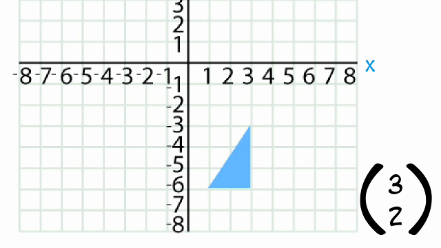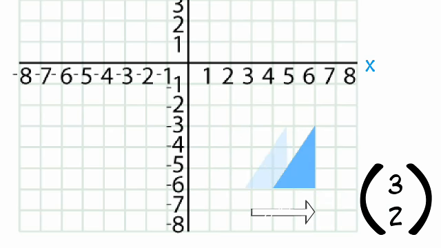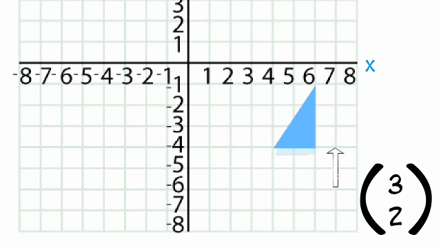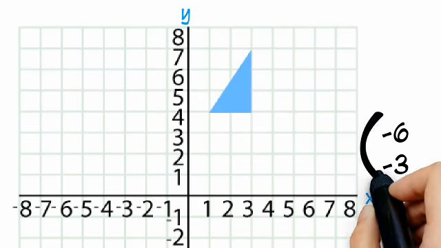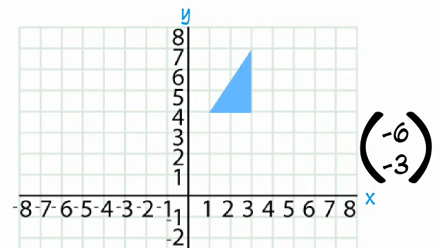Here we would describe the translation as (3, 2), because the shape has moved 3 squares to the right and has moved 2 squares up. If we look at another example, we would describe the translation as